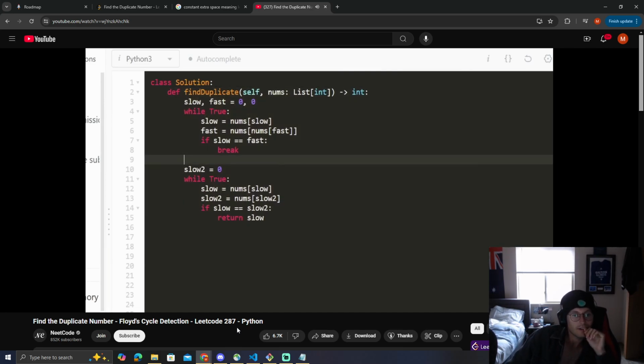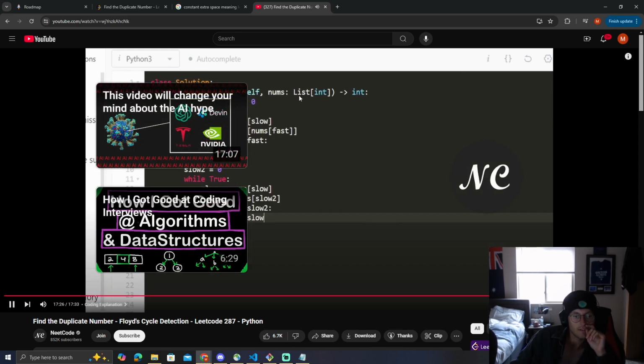This is Floyd's algorithm, with a fast and slow pointer, for detecting the beginning of a cycle. So I hope that this was helpful. If it was,